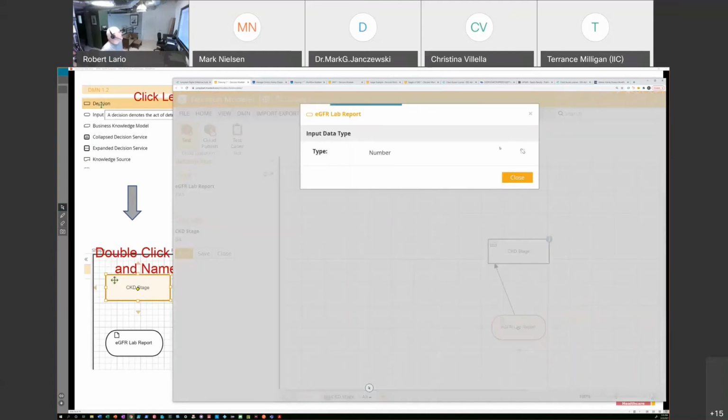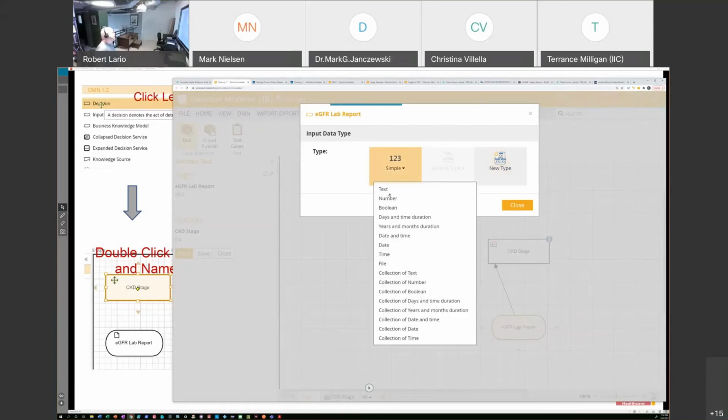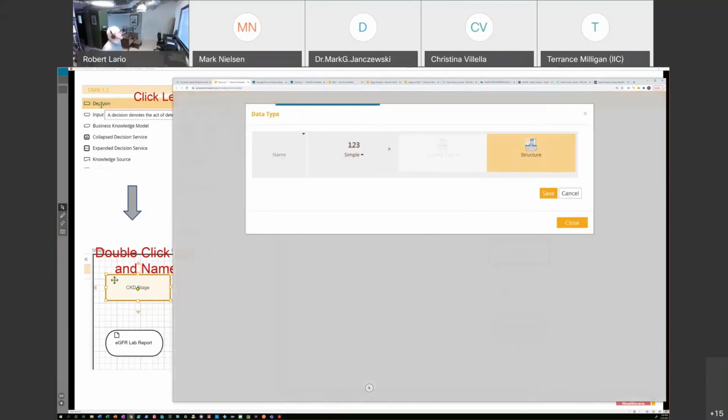So I'm going to break it. This is a little bit of programming. We're going to create a data structure. It's like a report, right? It's got multiple columns. I need fields for each of the types of data I'm going to collect. So I'm going to create a new type, because it's not one of my simples, right? These are all the ones that I get out of the box. I need a special one that's uniquely for me. So I'm going to click on new, and it's more than one thing. So there's some structure to it. So I'm going to click on structure,